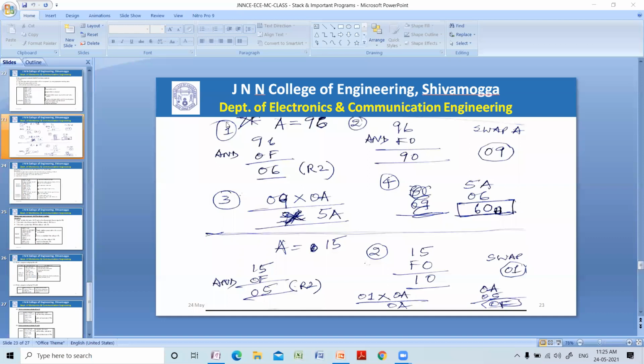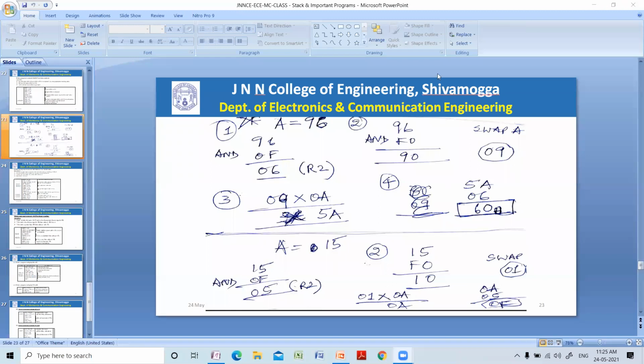96 is the number. You extract the higher nibble and the lower nibble separately using the masking codes 0F and F0. Then you multiply the higher nibble by 10, that is 0A. Whatever you got in hexadecimal, you add it with the lower nibble.